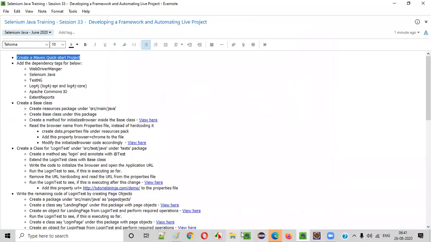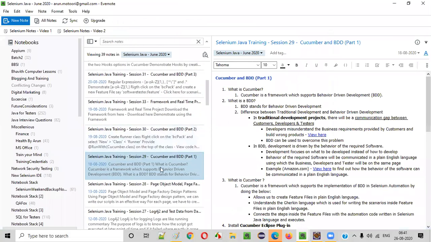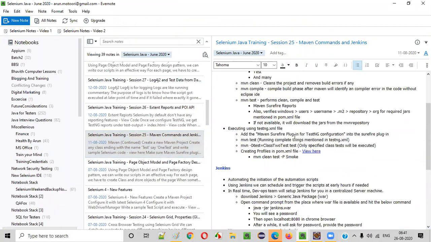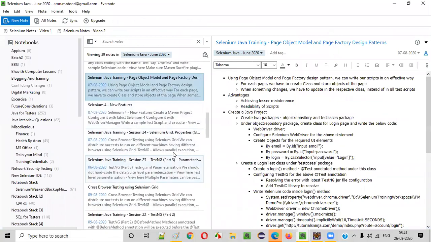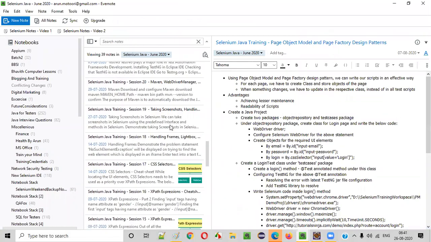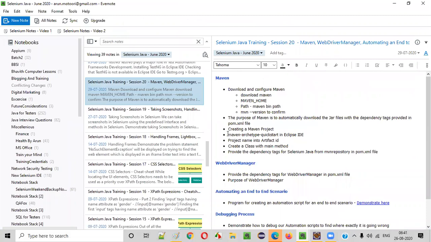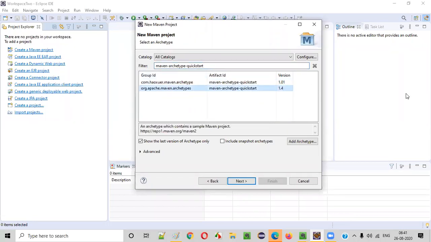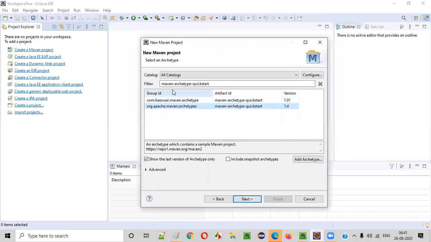Fine, we'll go to the previous thing and then see. One minute. Let's go there. Here, what's the word we generally use? Not this one. Here, this one. Maven hyphen archetype quick start. Right? We generally search for this here, and we should get it actually. Yeah, this is coming now, guys. Okay. So Maven hyphen archetype hyphen quick start.